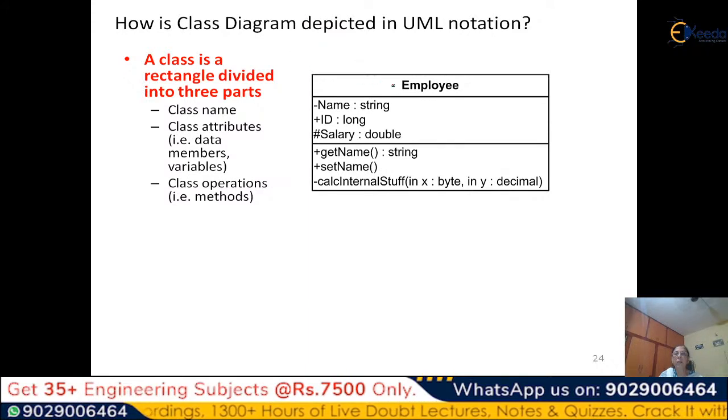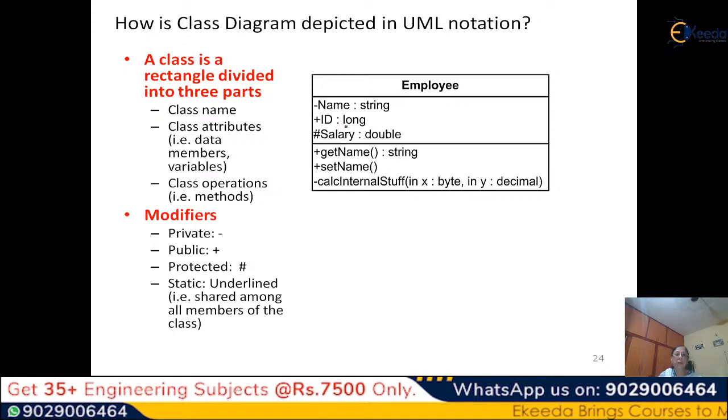We are taking a very simple class called Employee, and we have given its attributes. It has three parts: the identifier, that is the class name, the attribute part, and the operation part. And in each one, we are giving the modifiers. So we are telling whether this attribute is public or private or protected,